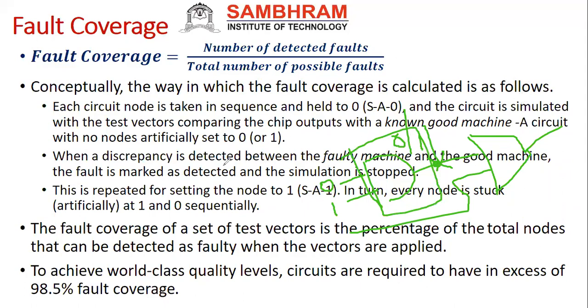That is why there is a difference between the fault machine and the good machine; they are separate. So I will take the original corrected good machine, and this is nothing but what I can call the faulty circuit. So the fault is marked as detected and your simulation will be stopped actually. The simulation runs for all your test vectors, and once a fault is found, it stops. So simply, in your VHDL program or your Verilog program, when you're writing some code here, what will happen?